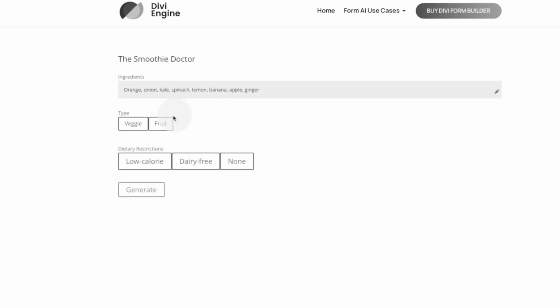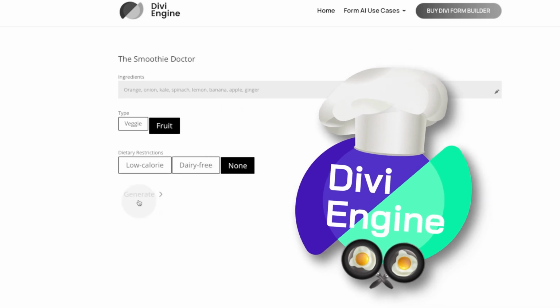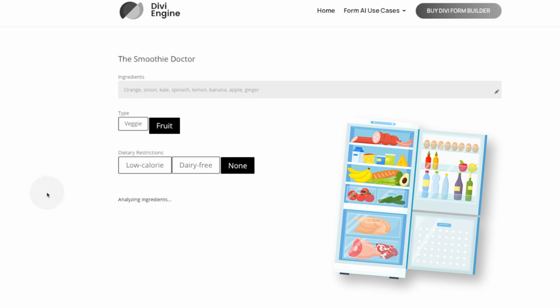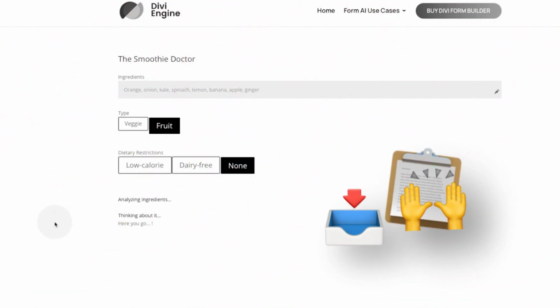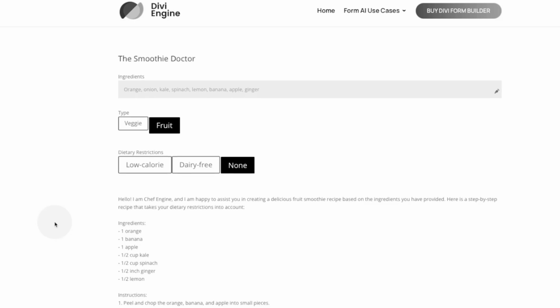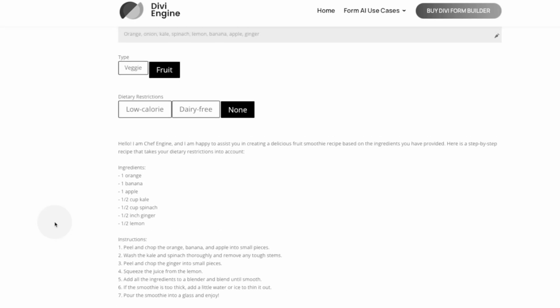I'm calling mine Chef Engine. And we're going to be outputting step-by-step recipes for smoothies based on the stuff you have in your fridge and any dietary requirements that you may have, along with the nutritional information. And you can have that emailed to you right from this form. It's a great use case for Divi Form Builder AI, and it is going to be a huge asset